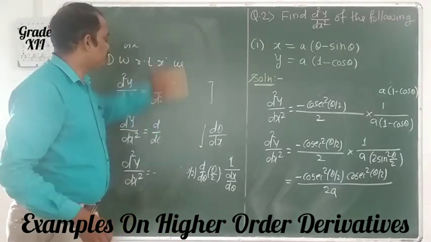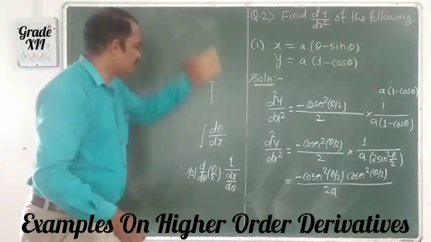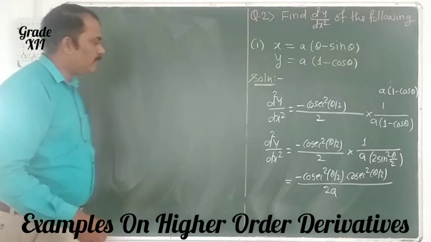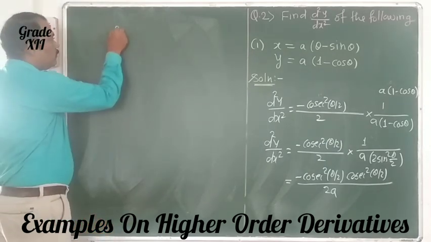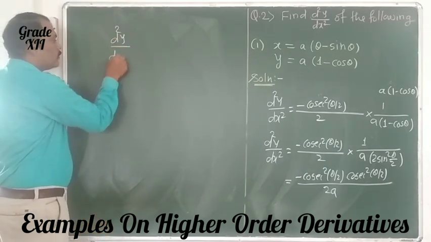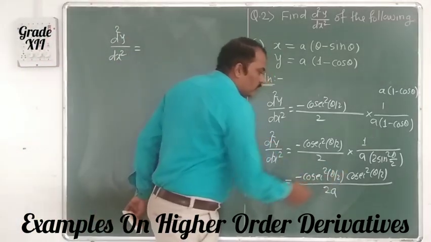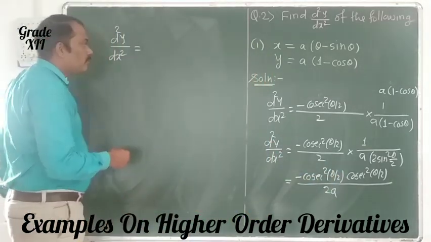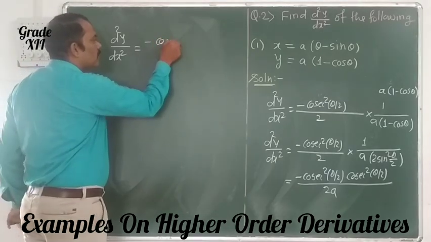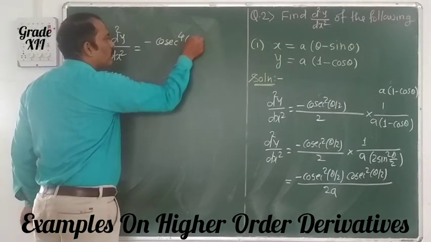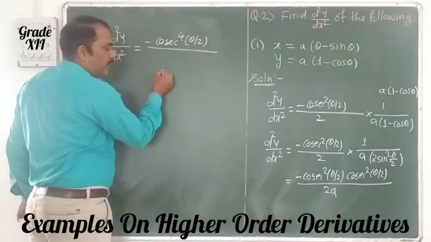So the required simplification is d2y by dx square is equal to this cosec square into cosec square, we get cosec raised to 4, that is minus cosec raised to 4 of theta by 2 divided by